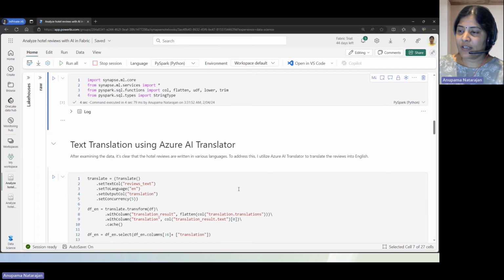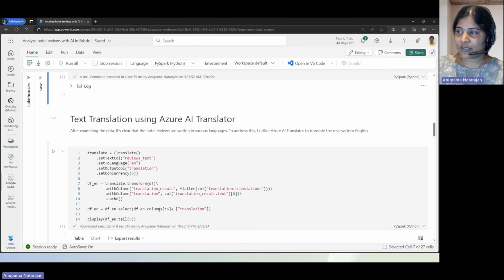So here, if you look at it, we are going to look at the review text column, and we are saying, okay, translate whatever you have got in there into the English language. And once it is done, we are going to update that column with the required translation. So when I run this,